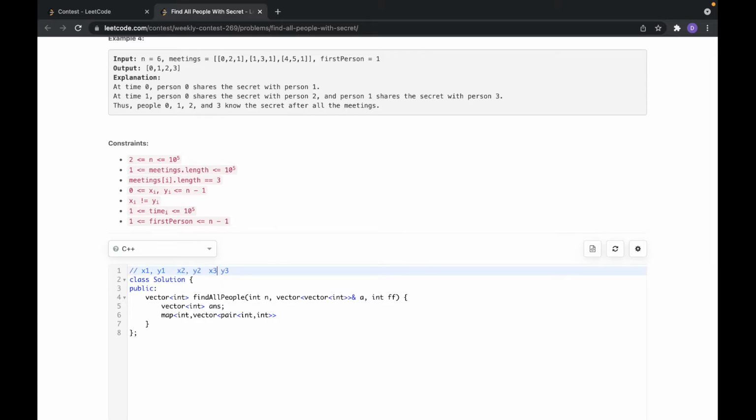Let's say X2 meets somewhere else, he'll spread it to some X3. X3 meets somewhere else, he'll spread it to someone else. Okay, so for a given number, can I say we can use